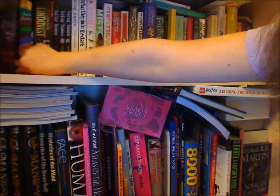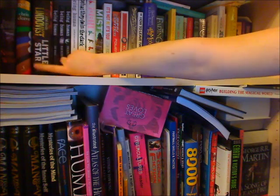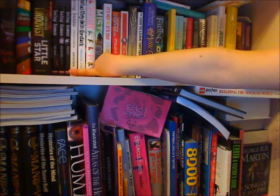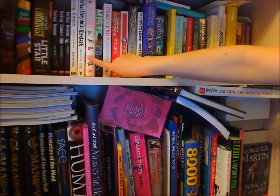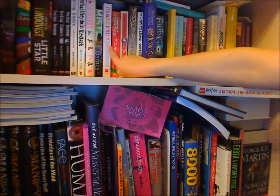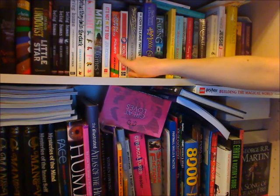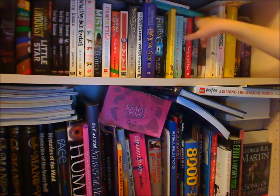And on this end we have Patrick Rothfuss' The Name of the Wind, Gold, Little Star. We have 3 Being Human novels and an official guide to being human. Then we have What They Do in the Dark, How to Live Safely in a Science Fictional Universe, Mist, It's Not Me, It's You, which is John Richardson, and it's really cool because I love John Richardson, he's awesome. Then we have Jimmy Coates' Power, which I recently won on Twitter. Then we have The Name of the Star, Silk, Florence and Giles,